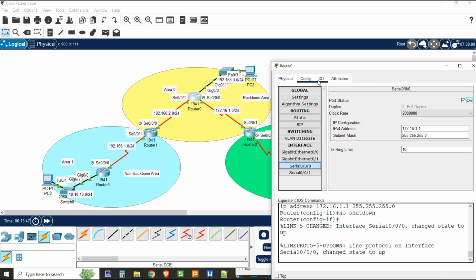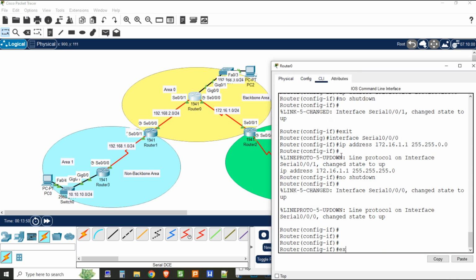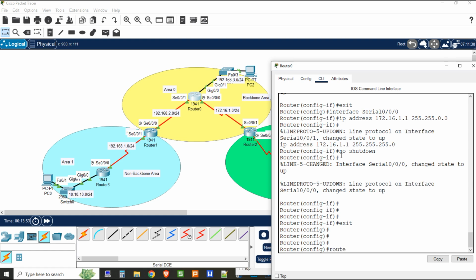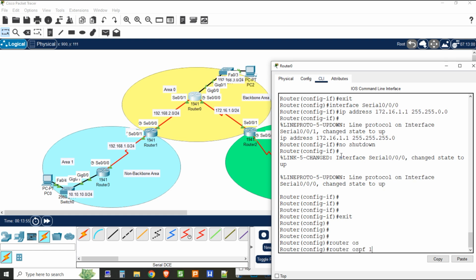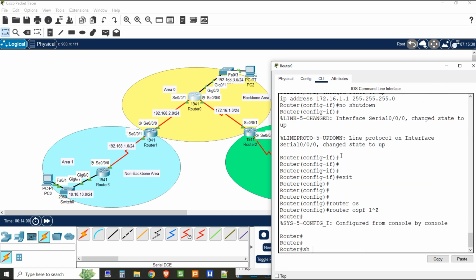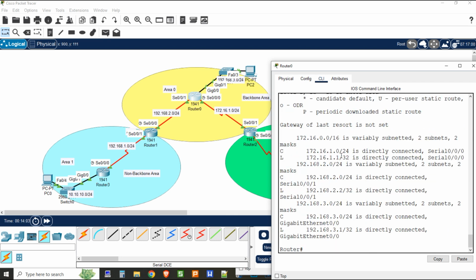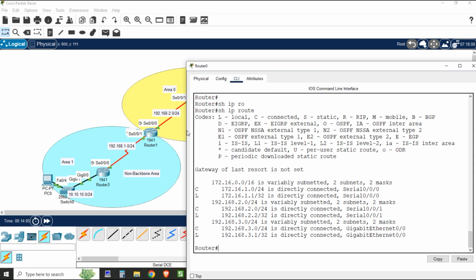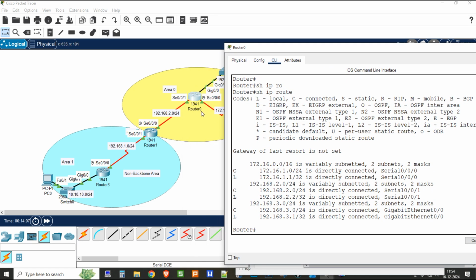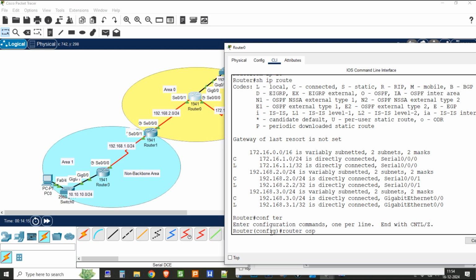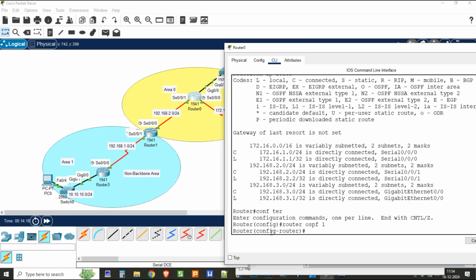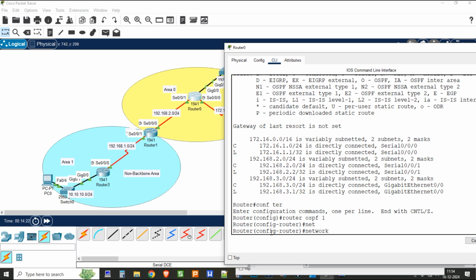We can start from the center router. Before that, best practice is to check show ip route, to see what networks are directly connected. Here there are 3 interfaces available, so 3 networks are connected. So go to global configuration mode. After that, router OSPF 1. This is the process number. The same number will be used for the interior gateway routing protocol. Then network